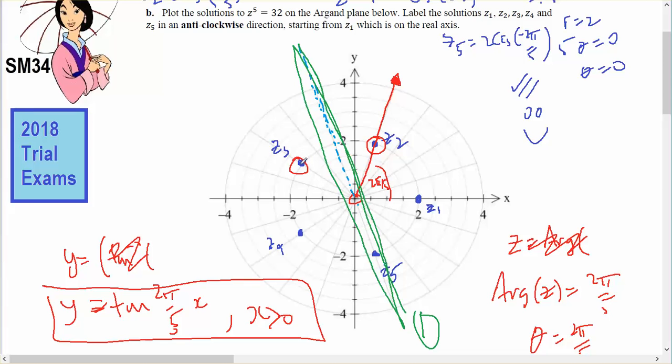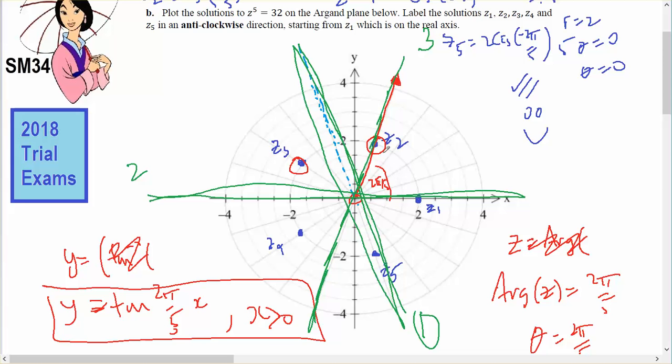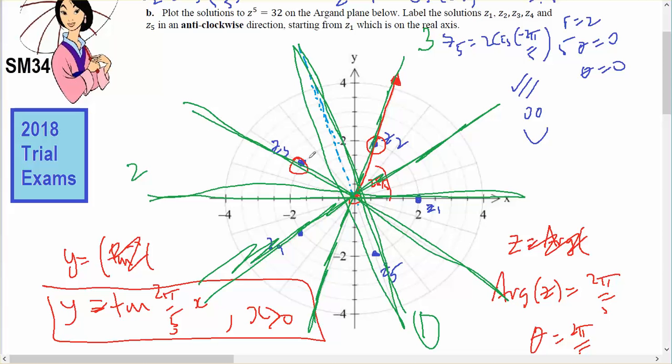If I pick between this one and this one, that's 2. Between this one and this one, 3. Between these two, 4. Between these two, 5. If I go between this one,